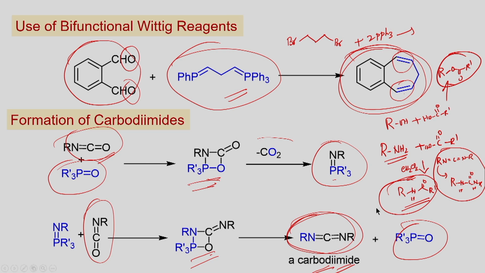carbodiimide as a coupling reagent. You can try to dehydrate, you can remove the water molecule, which will be converted into urea. You can make ester as the product. And similarly for this, as I just mentioned, we often use peptide chemistry to make the amide bond. If you have the amino group and carboxylic acid group, which can be coupled together to give amide, where this is converted into urea as the byproduct.